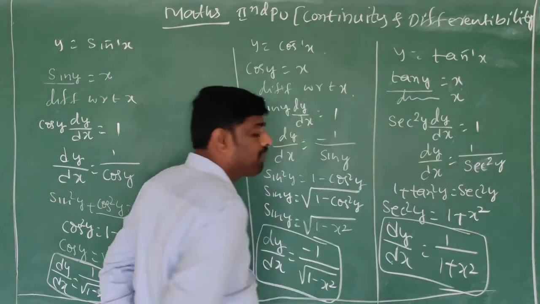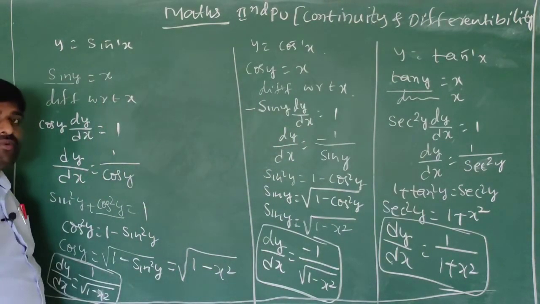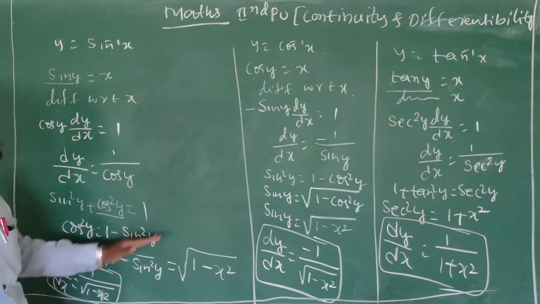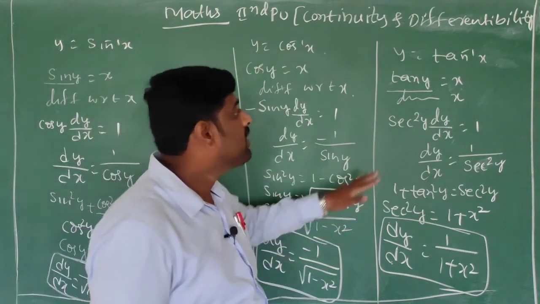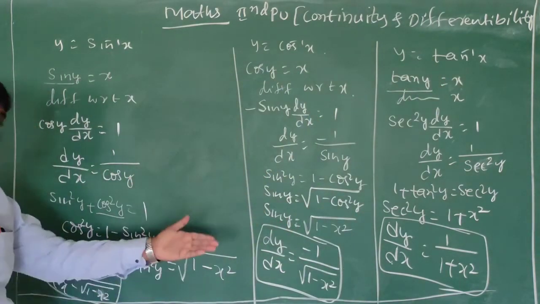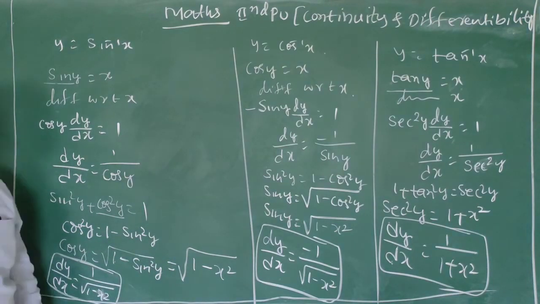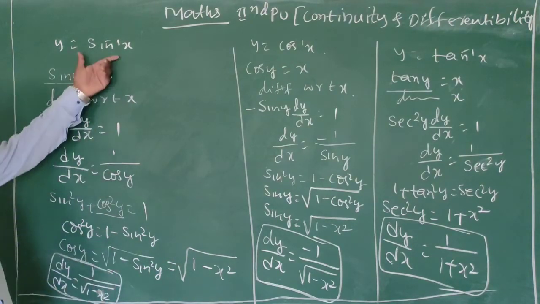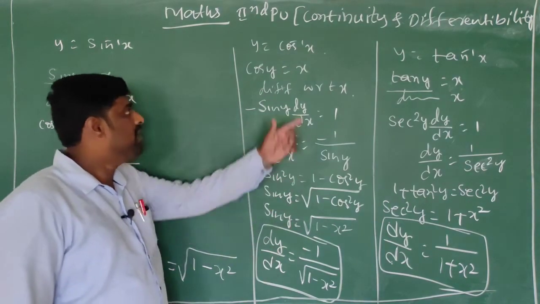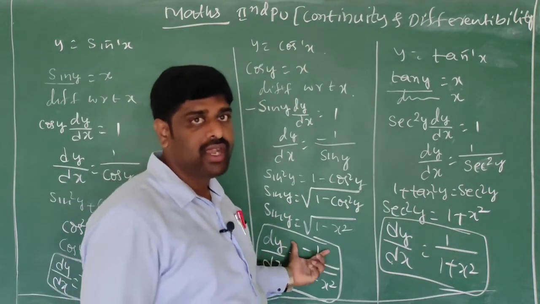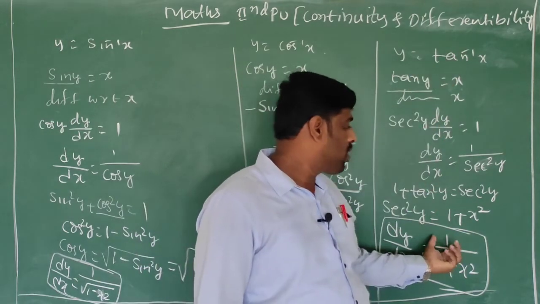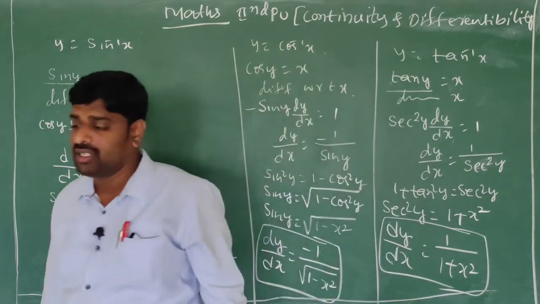Dear children, these proofs are not important. We just need to know the derivative of sin inverse x, the derivative of cos inverse x, and the derivative of tan inverse x, because we will apply these formulas in solving problems. What is the derivative of sin inverse x? 1 divided by square root of 1 minus x square. What is the derivative of cos inverse x? Minus 1 divided by square root of 1 minus x square. What is the derivative of tan inverse x? 1 divided by 1 plus x square. Similarly,